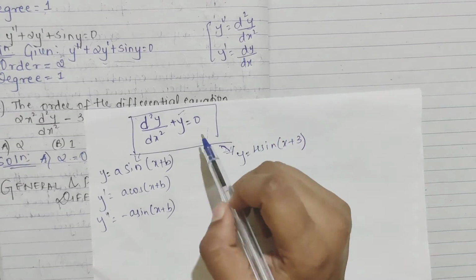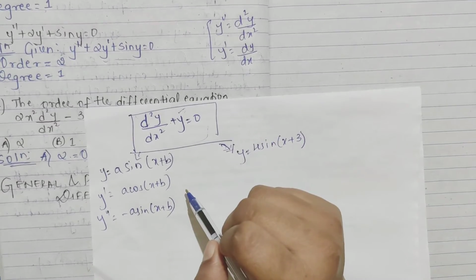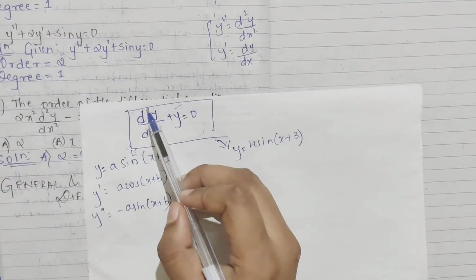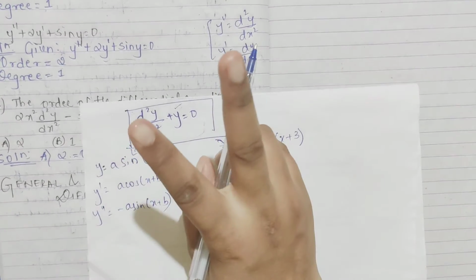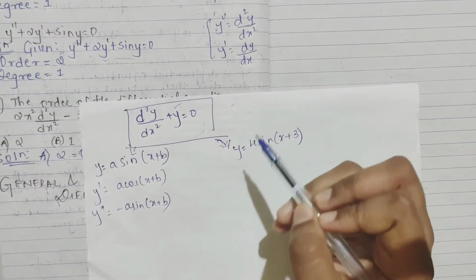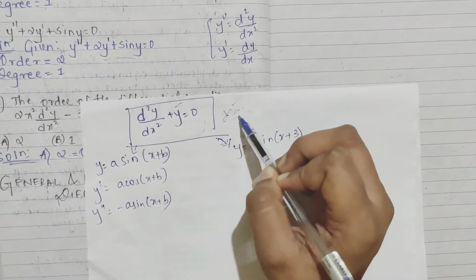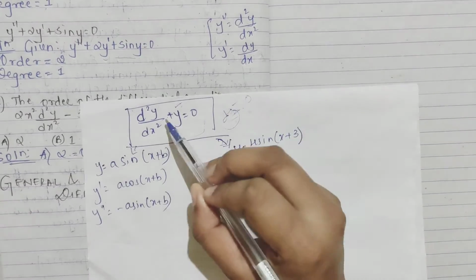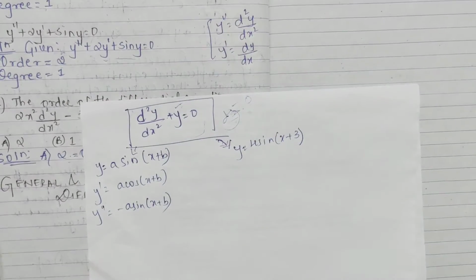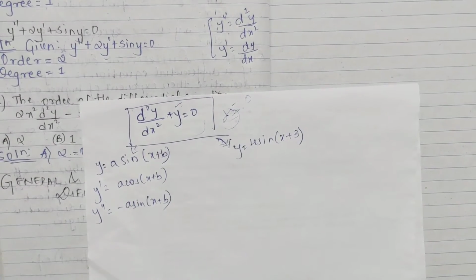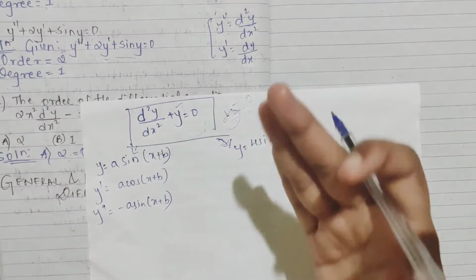Whatever the question they have given, you have to substitute the y value in this. Then you have to derive it, right? The derivative you have to find. But here it is 2, meaning 2 derivatives, second order. So once you derive it, again you have to derive it. Then whatever d2y by dx square you are getting and the y value, substitute, and do LHS, RHS. So when you substitute the LHS, if you are getting 0, it means it is correct, you are getting a solution of that differential equation.